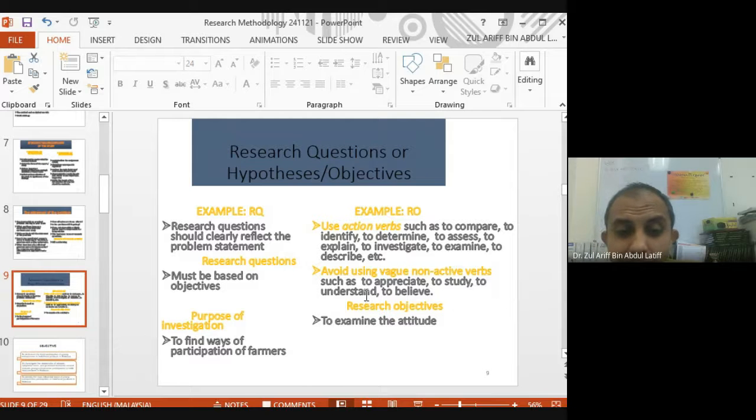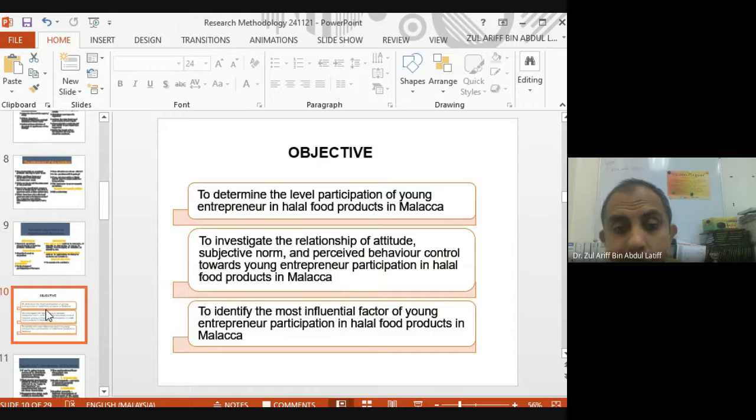And for instance, to examine the attitude of farmers in participating in IoT in the farm. I will show you the examples. Okay, this is an example objective done by your senior FYP last year. They are currently convo now. So this is the students' objective: to determine the level of participation of